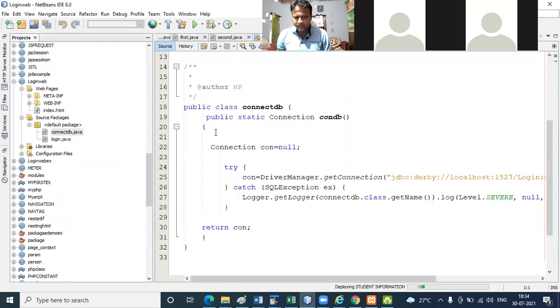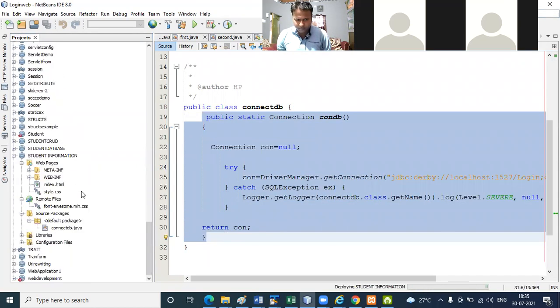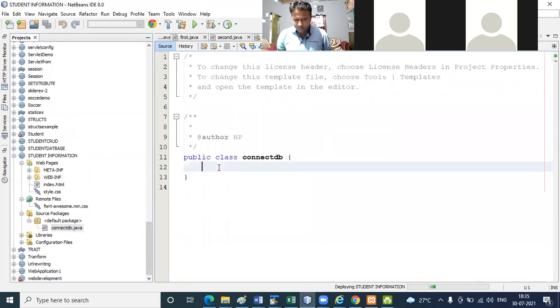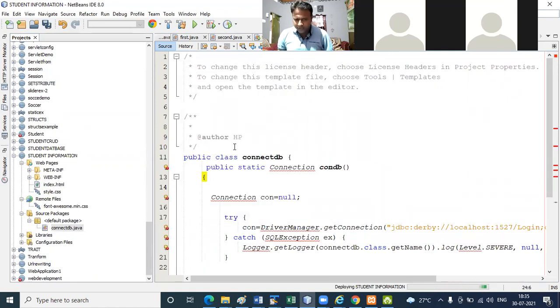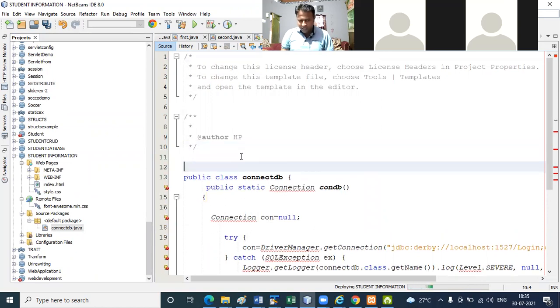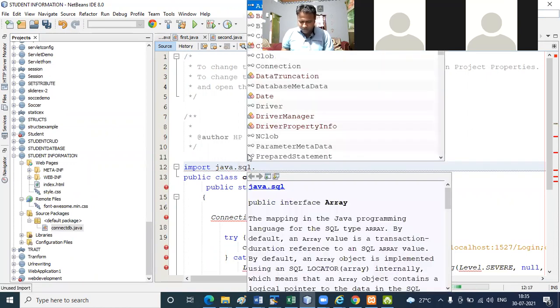Okay, what is that? Like I define here, database connection, so before the class I have to import some package, import java.sql.*.